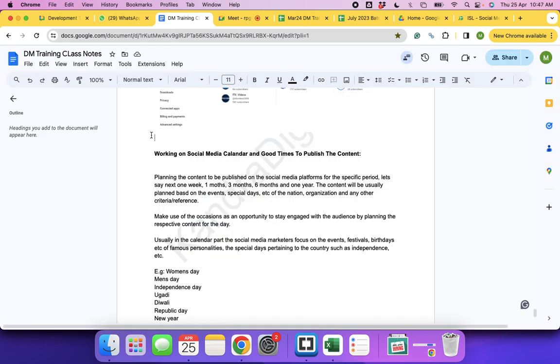The social media calendar, how to grow the social media base, such as likes, followers, subscribers. It's the same, but on different platforms, it's a different word, right? So Facebook is likes, correct, and followers.